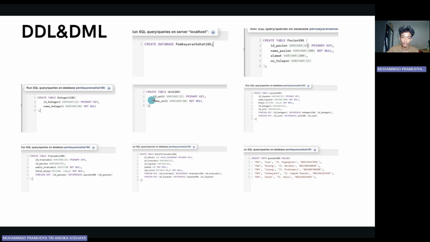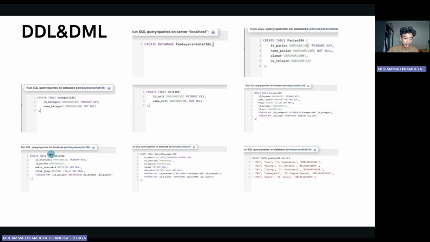Then we have to create table unit, which contains ID unit with the primary key and the name unit not null. Next, we create a table layanan which contains ID layanan with primary key, nama layanan not null, biaya not null, ID category, ID unit, with the foreign key ID category referencing category's ID category, and the foreign key ID unit referencing unit 186's ID unit.